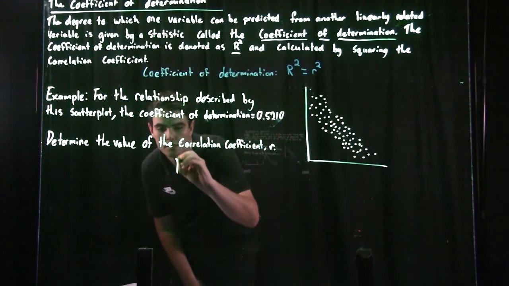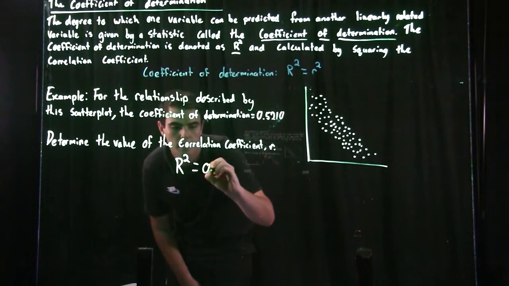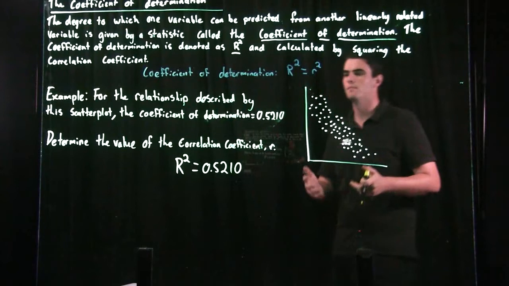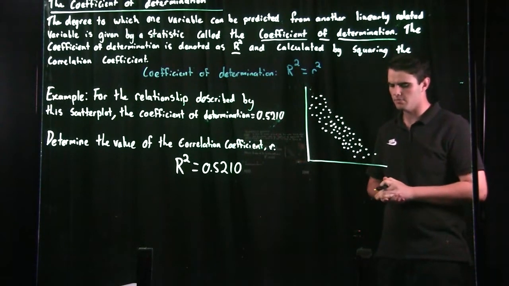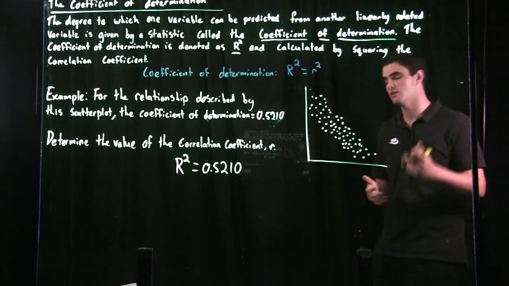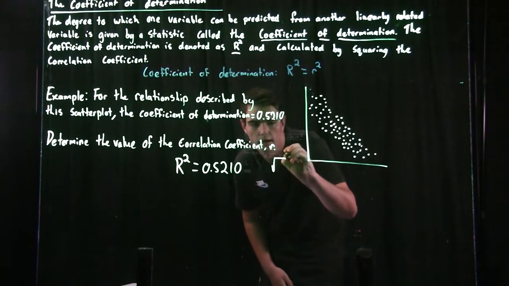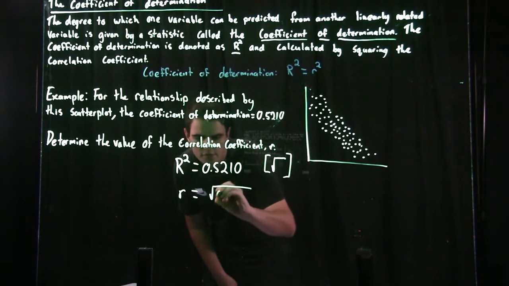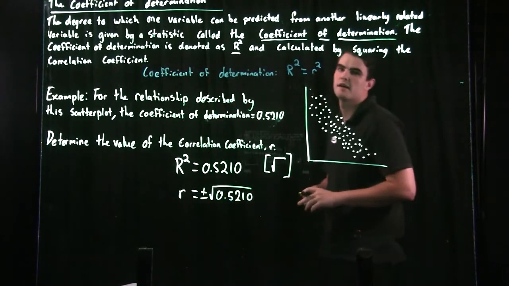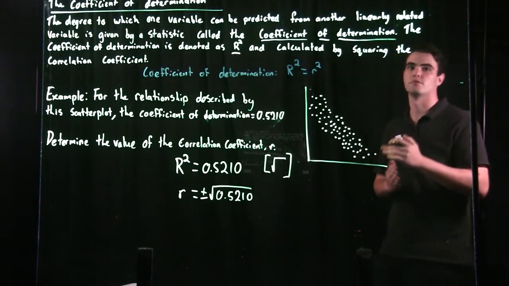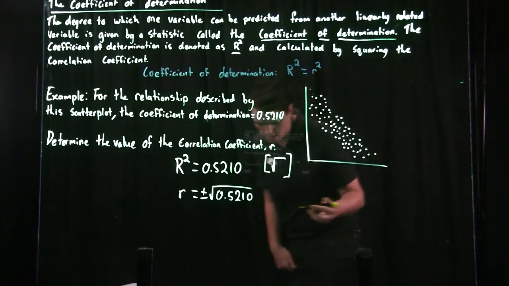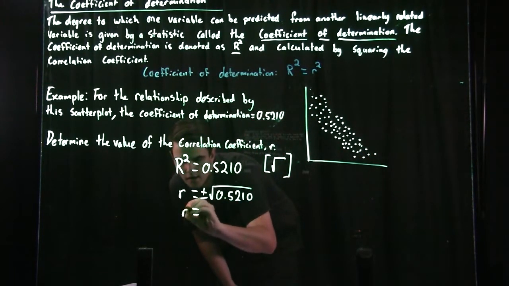First things first, I'm just going to write that up. 0.521, that's what we've got now. To go to the next step, all I need to do is the square root of it. Remembering, which is very important for this step, when I do the square root, it's the plus or minus. That's determining whether it is negative or positive. I'll put that in my calculator and get my answer, which is R equals